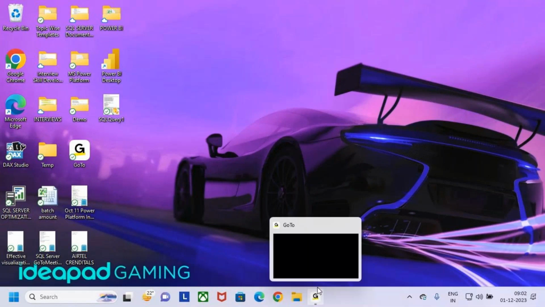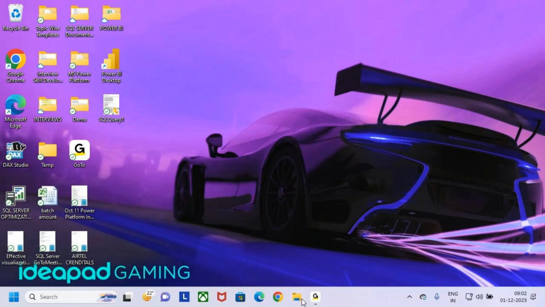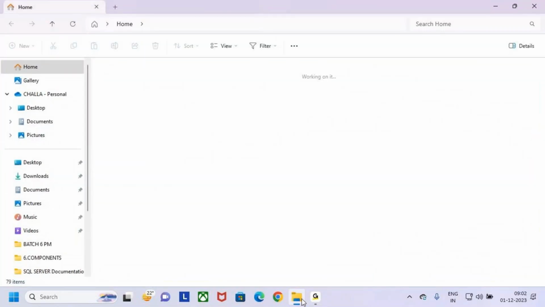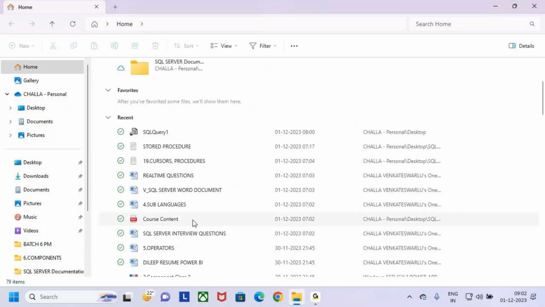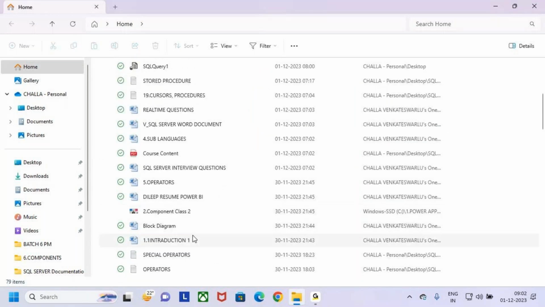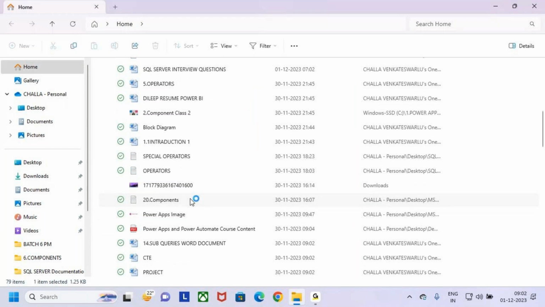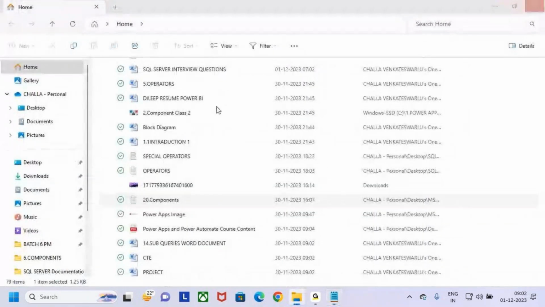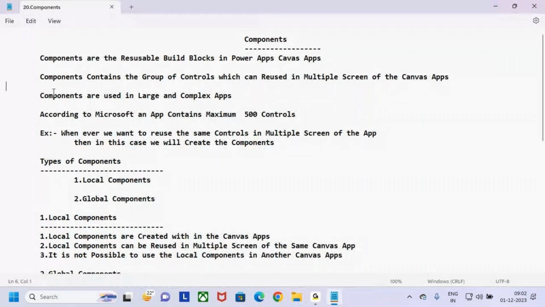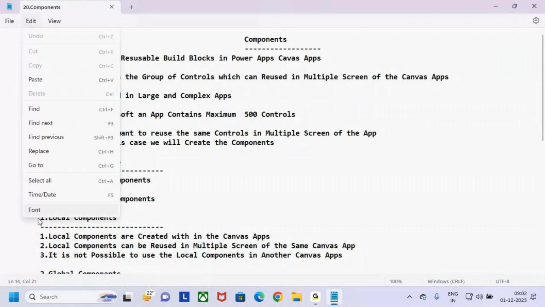Let me open the yesterday's class notepad. In yesterday's class, we started discussing the components. So let me open the class notes. Now in yesterday's class,